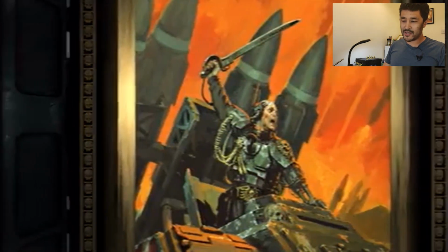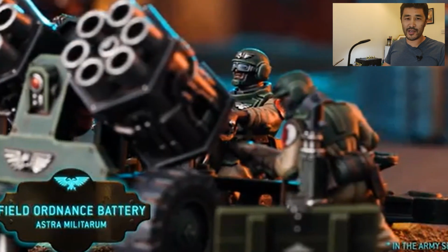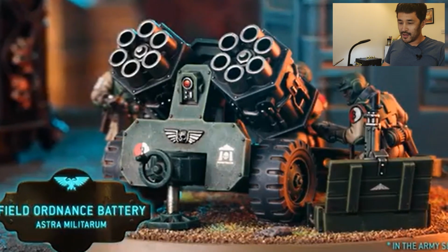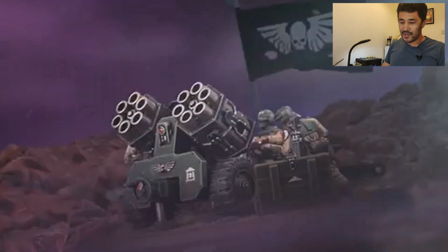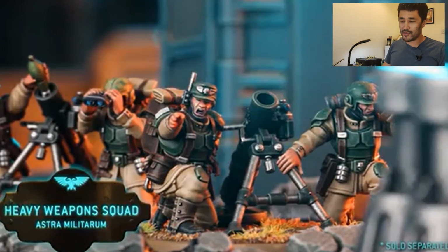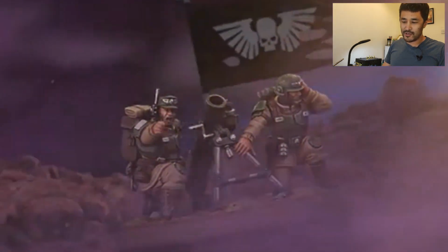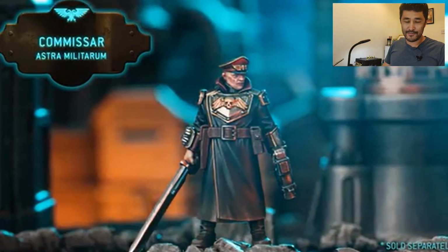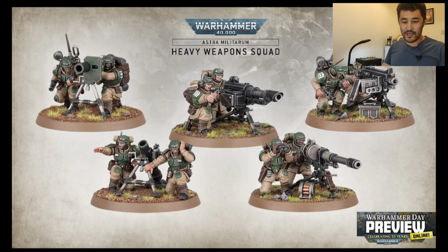So how do I feel about this release? It's very, very positive, given these miniatures look absolutely amazing. The set also includes a codex, and as mentioned earlier, given the base sizes remain the same on the majority of the models, means we'll still be able to use our existing miniatures, which I was very worried about going into this initially. Also shown off was a new commissar that looks neat, and likewise an update of the classic